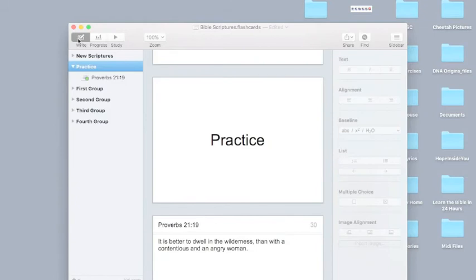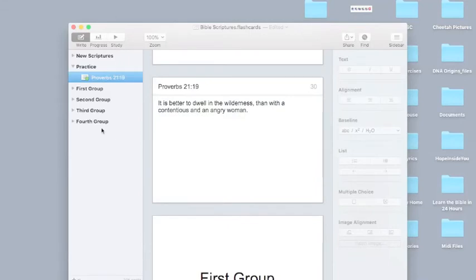to write, what I would do as the next step is take this scripture and drag it to one of the groups. Now in the groups, I already have scriptures that I've memorized. And the whole purpose of dragging a new scripture within a group is that it's like reinforcement learning. I want to make sure that I remember the scripture, as opposed to just remembering it at